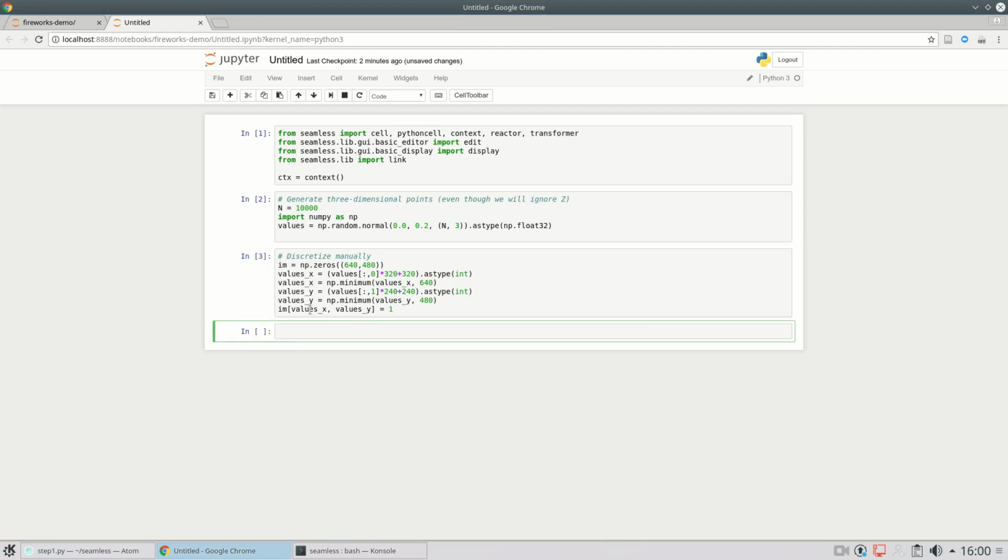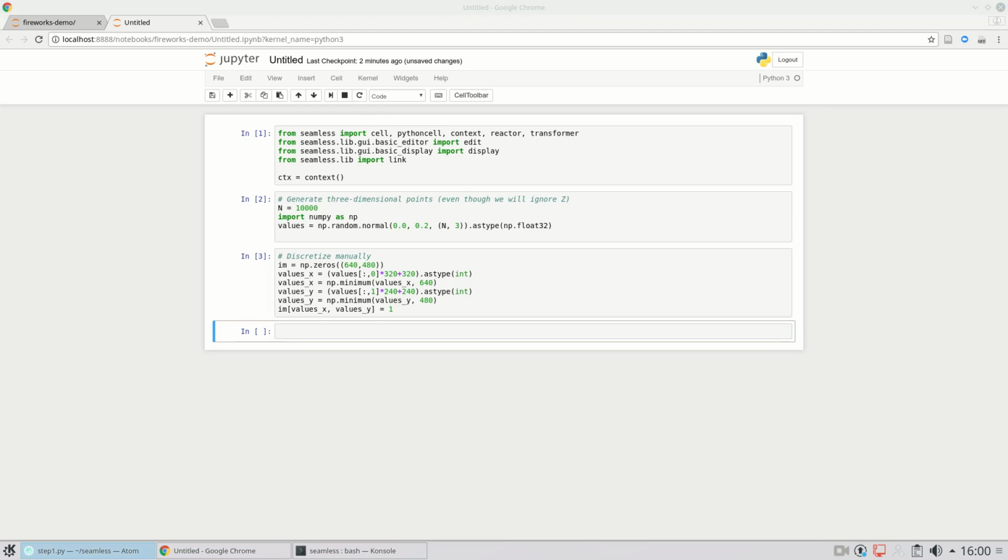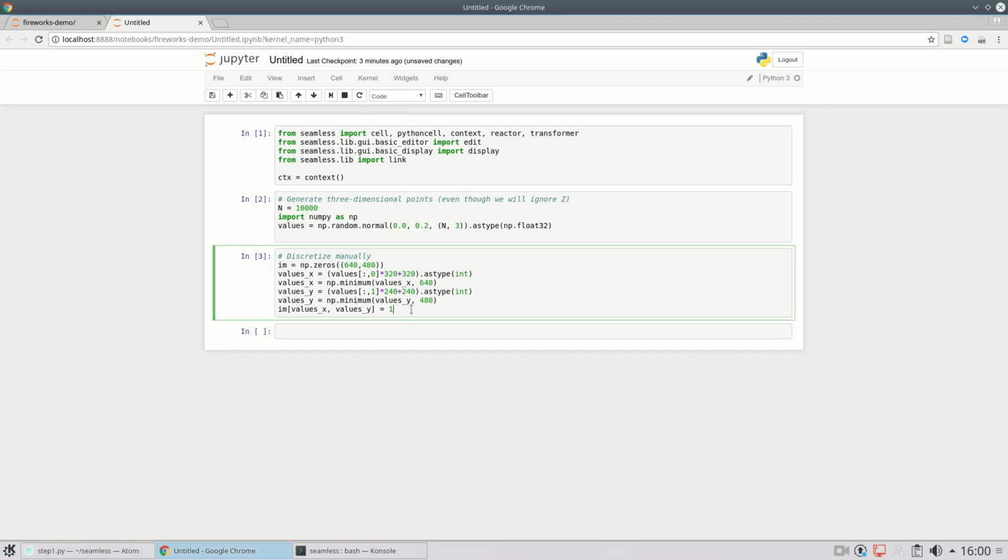So this creates a NumPy array im, but if you have a normal NumPy array, you have the origin in the lower left and x goes to the right and y goes up. This is also how OpenGL sees it. But images are not like that. The data in an image goes line by line by line by line. So the origin is actually the upper left, and the first dimension is y and not x, because x is the fast dimension, the second dimension. So what we need to do is to rotate our image like that,